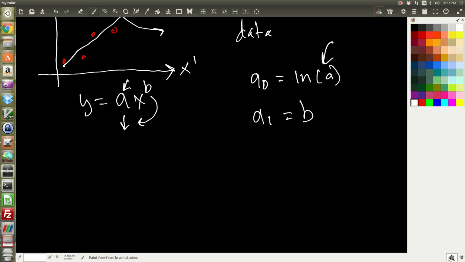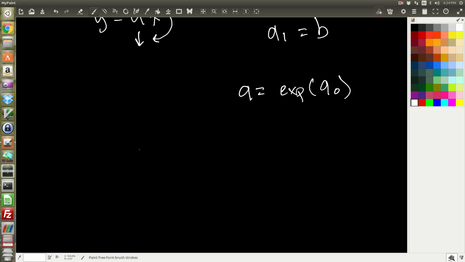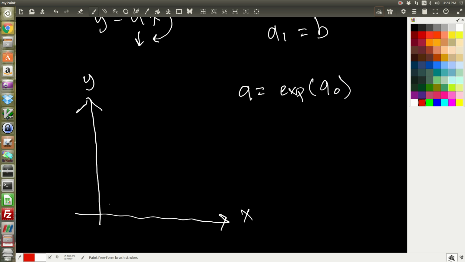But a naught, we can solve for a in this equation and we get a is equal to the exponential of a naught. So we just exponentiate the y-intercept of our fitted line right here, and that gives us a. Now we can plug those parameters back into a model, and with our original xy data, so now instead of y prime and x prime, our original data, which is nonlinear,